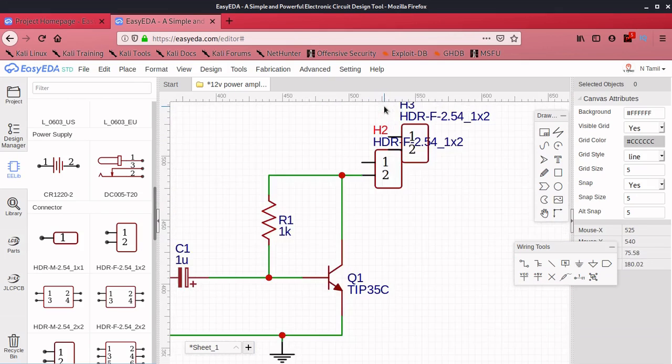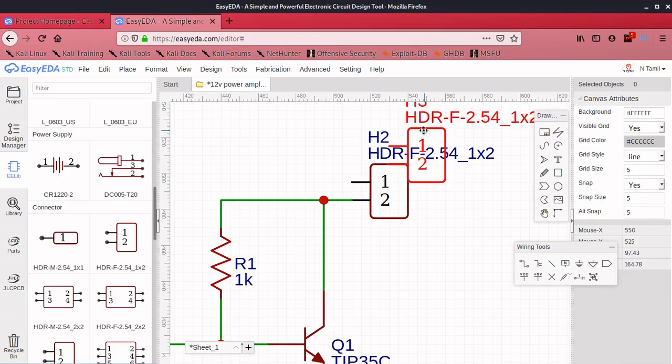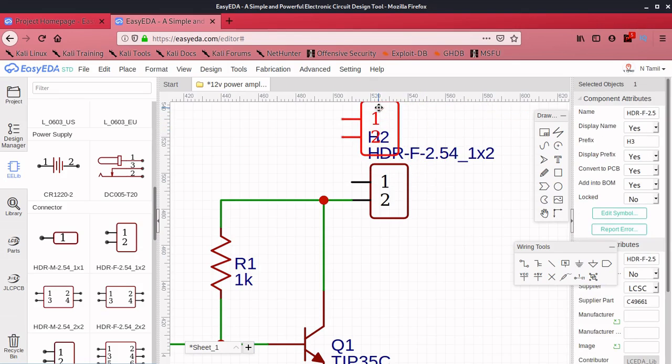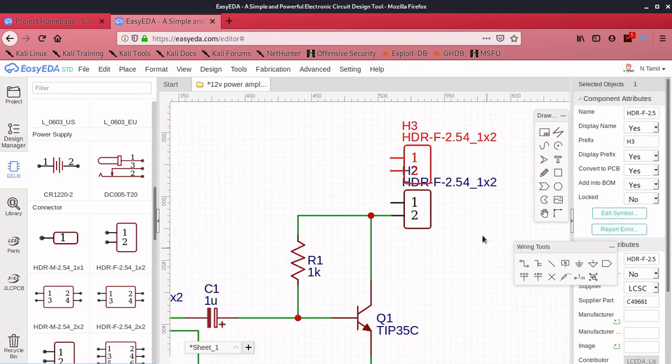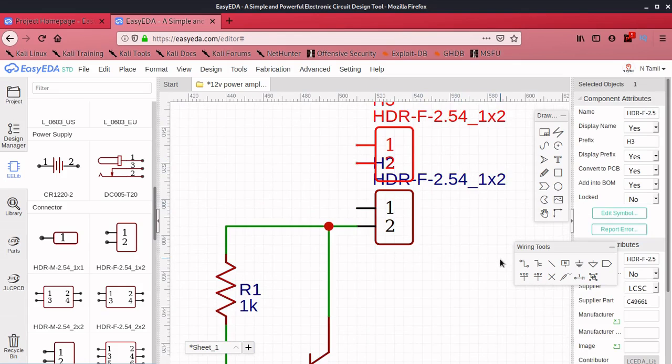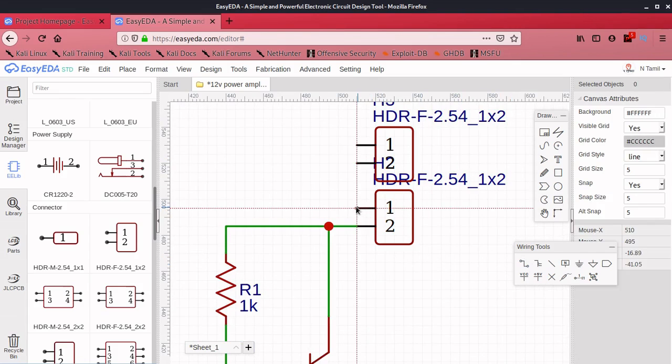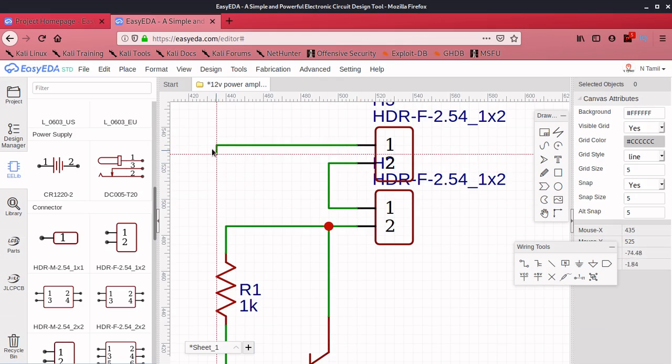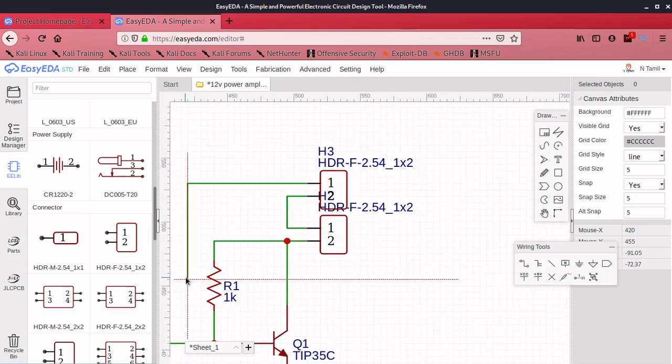So after that I can connect my voltage. Just I can connect with my voltage. Then I can connect it to a ground one.